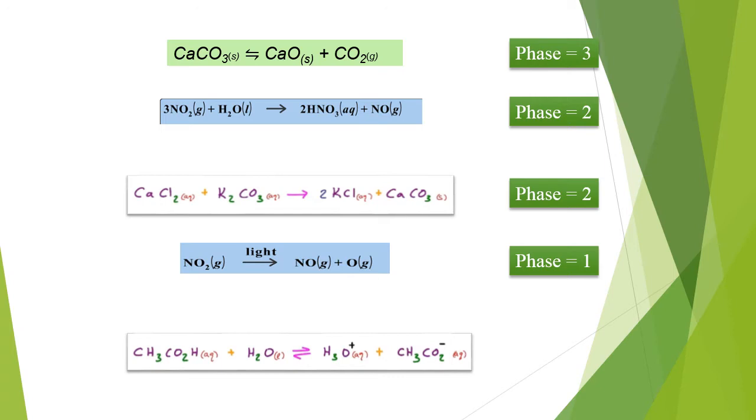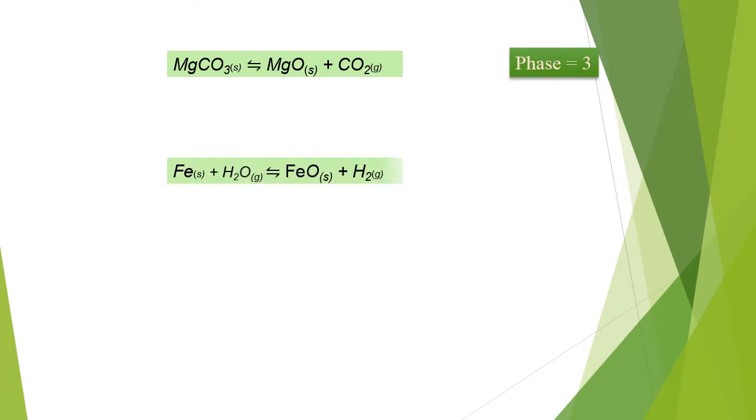Now I have another example here. Acetic acid on dilution gives you acetate ion and H plus ion, hydronium ion. Okay, so how many phases? So I have aqueous, aqueous, aqueous. So all are in liquid state, so it constitutes one single phase. Magnesium carbonate on decomposition gives you magnesium oxide and carbon dioxide. Here we have two solid phases and one gaseous phase. Obviously, we have 3 different phases.